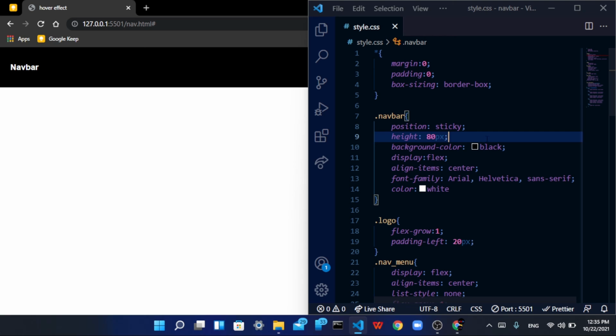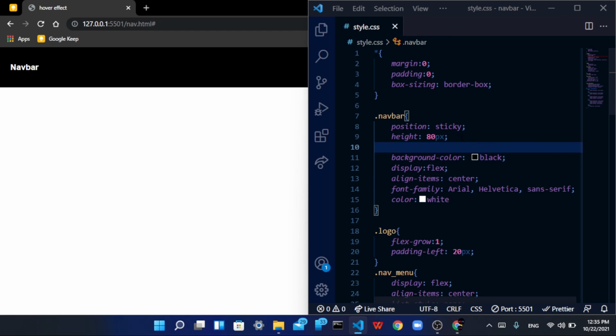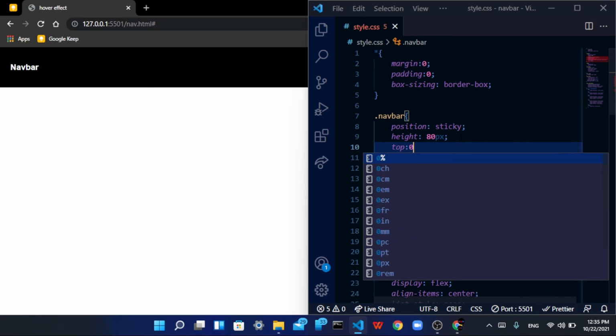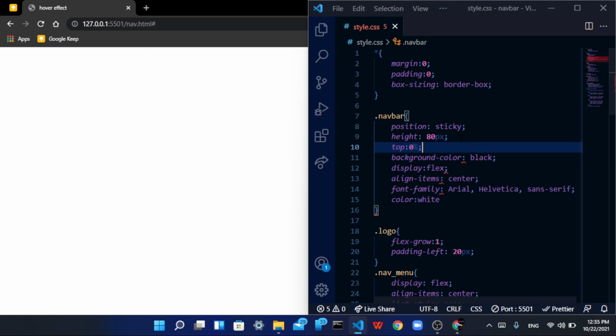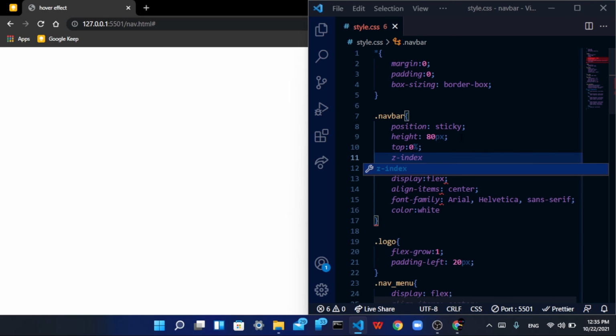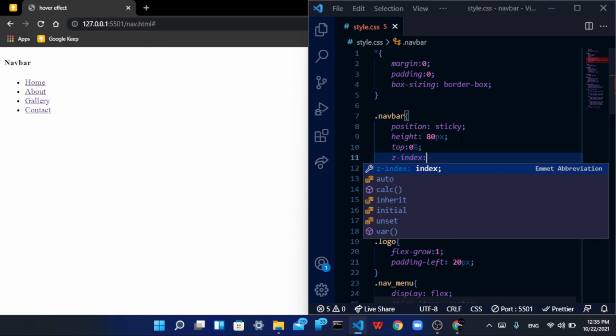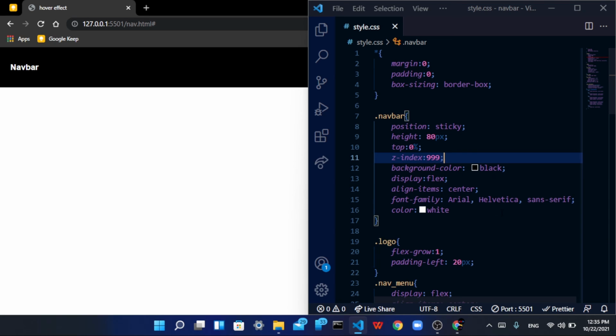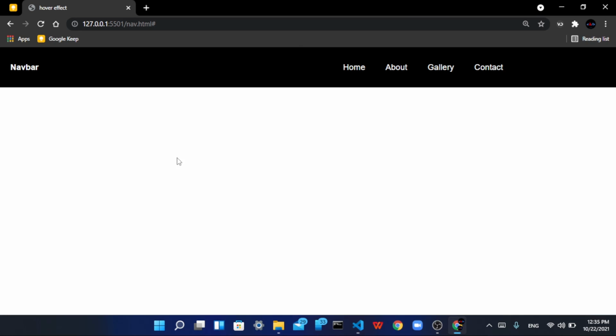If you are implementing this navbar in your project, you might also have to include top: 0%, so that other components won't affect this navbar, and also the z-index to maximum. You can give the maximum value here so that this navbar will be on top of other elements while you scroll down. Okay,